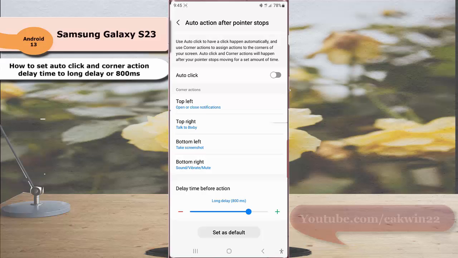By choosing this setting, now auto click and corner action will happen after your mouse pointer stop moving for 800